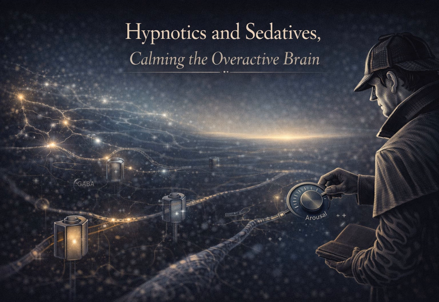So we know normal sleep isn't monolithic. It has stages. Stage 1, stage 2, then slow wave sleep or deep sleep, and finally REM or rapid eye movement sleep. What do the classic benzodiazepines do to this map? They do a few predictable things. First, they decrease sleep latency. That's a good thing. It means you fall asleep faster. Second, they increase total sleep duration. You sleep for longer. But, and this is a big but, that extra time is spent almost entirely in stage 2. Which is the lightest stage of real sleep. It's a lighter stage, yes.